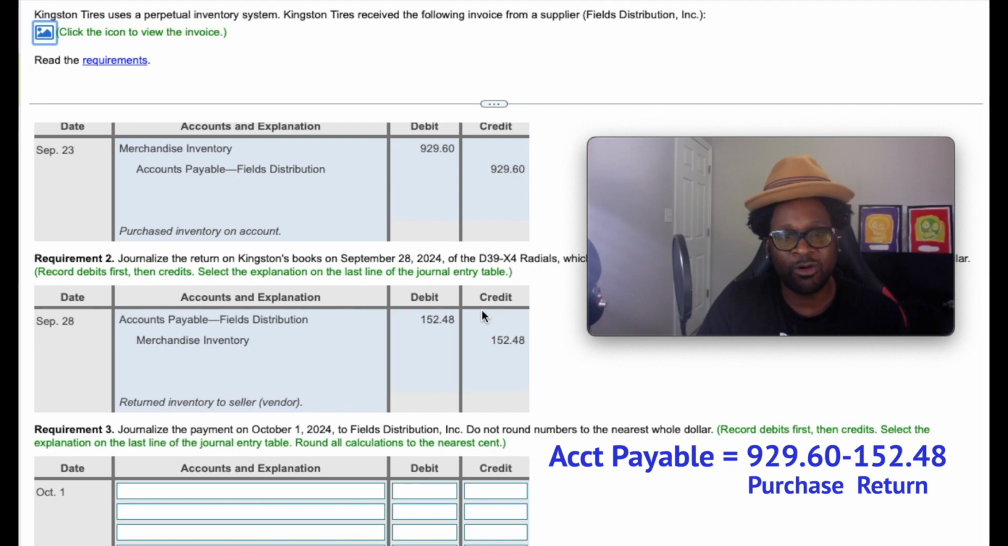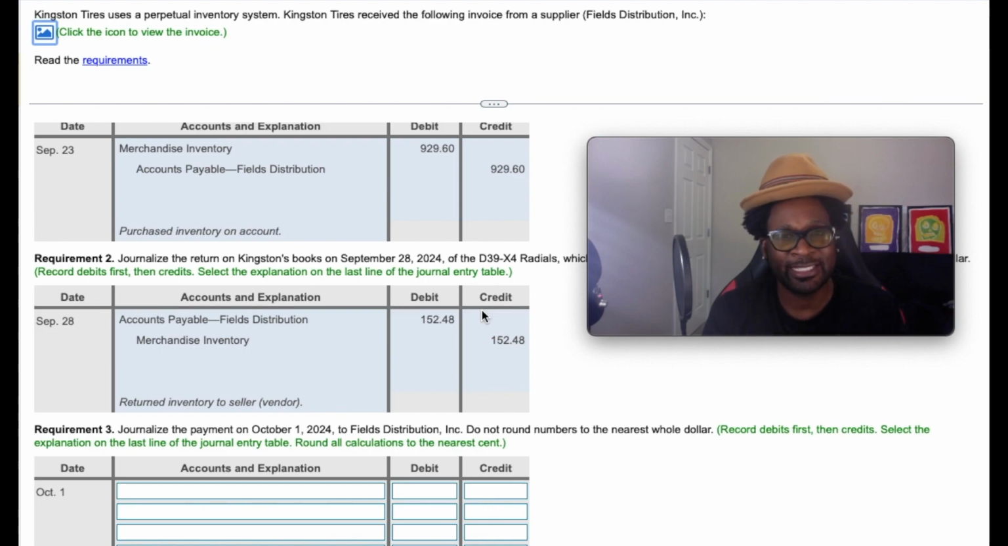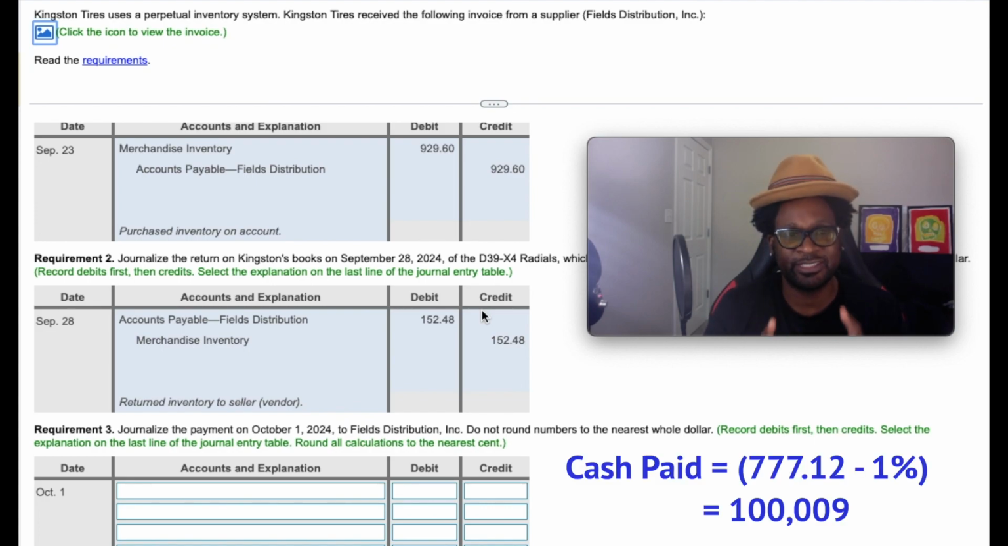So we started out owing $929.60 in our accounts payable, but we made a return for a particular set of inventory at the cost of $152.48. So if we subtract the two, our total amount owed in accounts payable is $777.12. However, gang, we paid within the discount terms, so that will not be the cash amount that we're going to pay. Our total cash amount is going to be equal to $777.12 minus that 1% discount, which will give us a total of